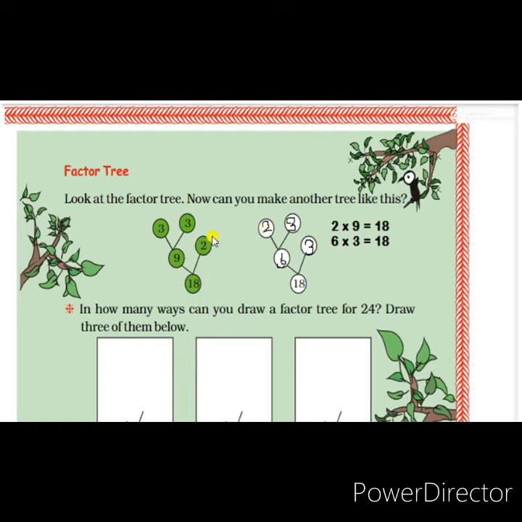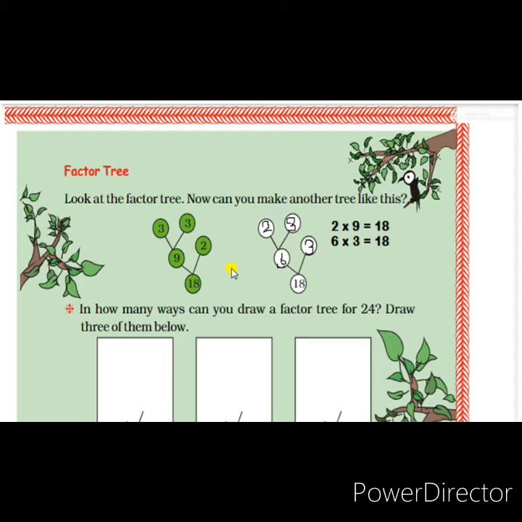Again, if there is a composite number, that number also we have to convert into prime numbers. This is the method of factorizing composite numbers. When we are converting, find out the composite numbers and prime numbers. Prime numbers, leave them there as they are, and again if there is a composite number, then that number also we convert into prime factorization. This way we can find the prime factors of all the composite numbers.